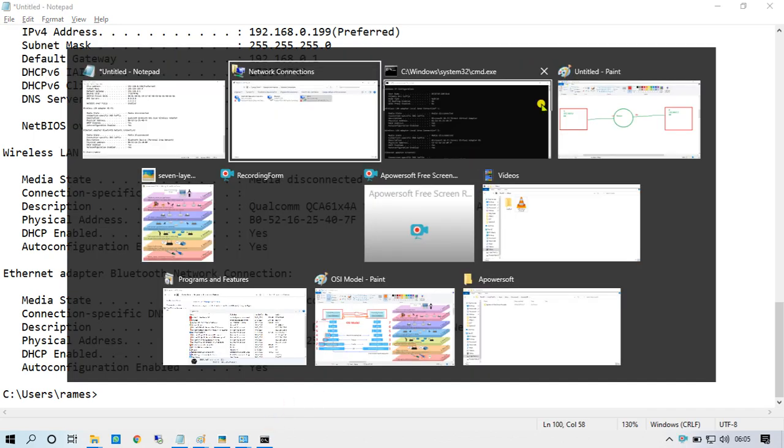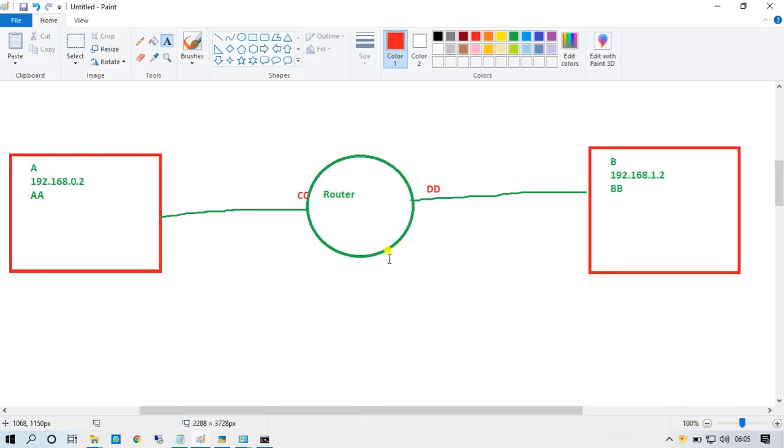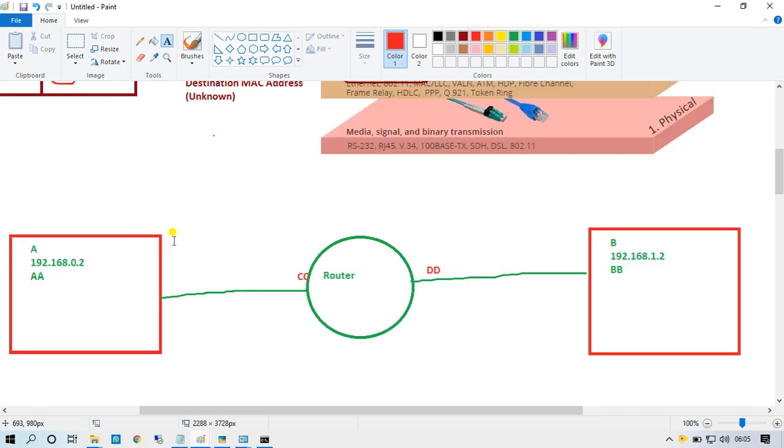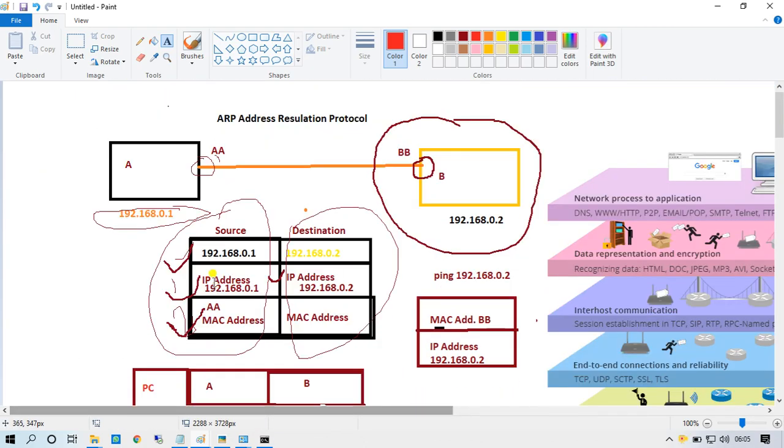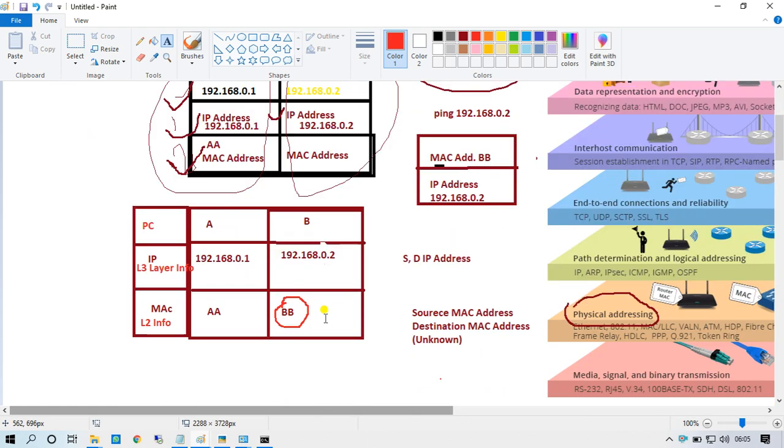Now we are going to the lab. Where is the lab? This one. Okay. Previously there was only two information about these systems. First was its IP and MAC address, and second was the destination IP address and MAC address.